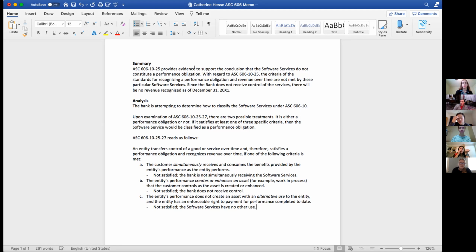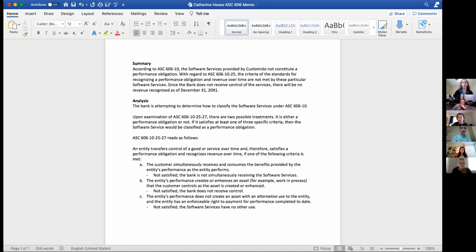So could we just say, according to ASC 606, the software services do not constitute a performance obligation? Now, again, we would probably want to put some more words in long term if we're drafting a memo. So according to 606-10, the software services provided by custom software,